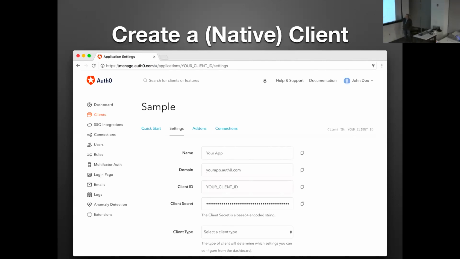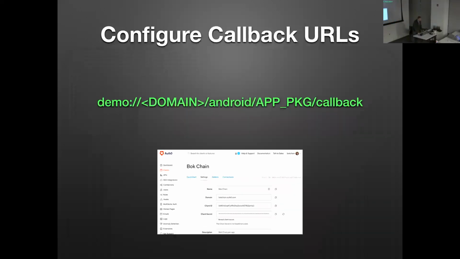And farther down, there's a place where you can define the callback URLs. It needs to know a hook to get back either to your web app or get back into your Android application and continue that process. So there's the style of the callback URL. You have some kind of a prefix.